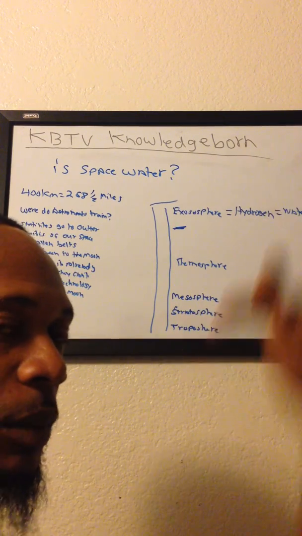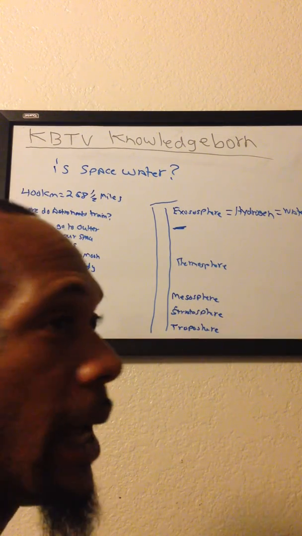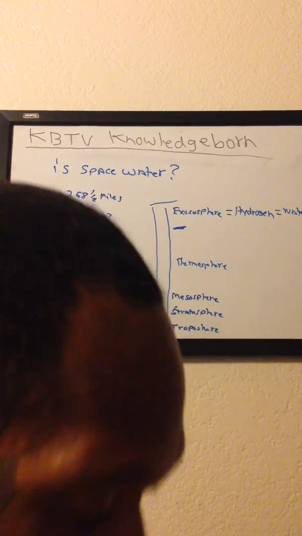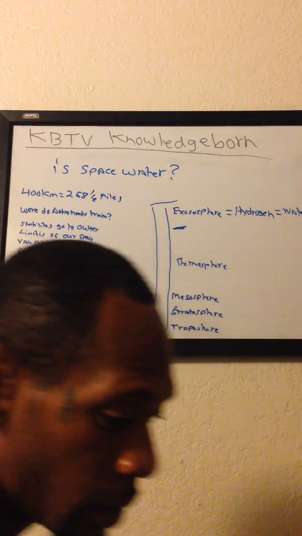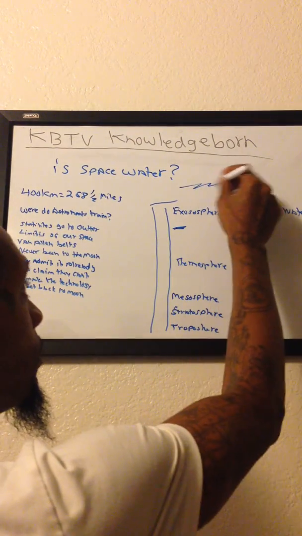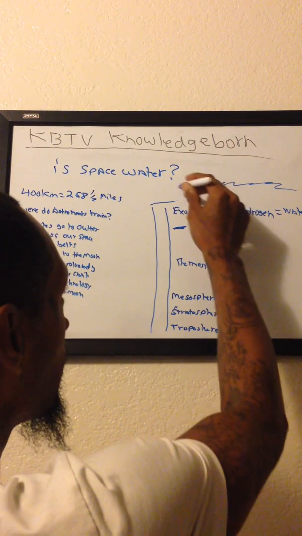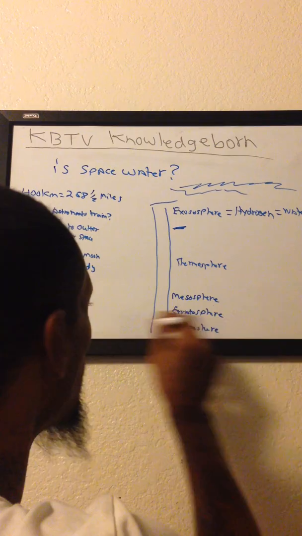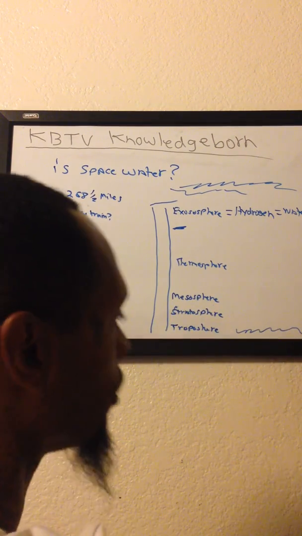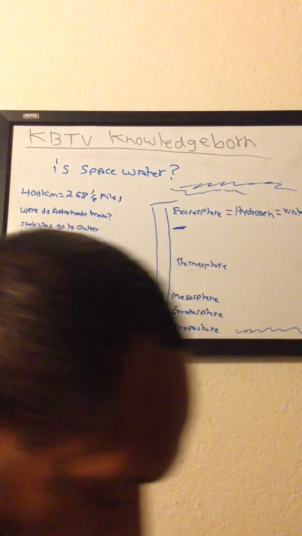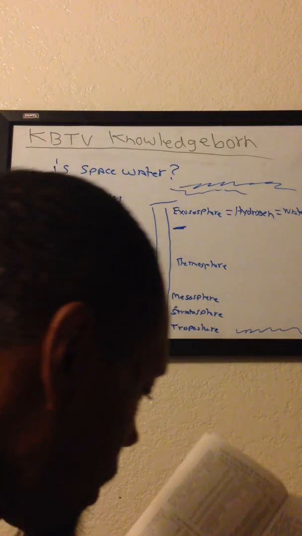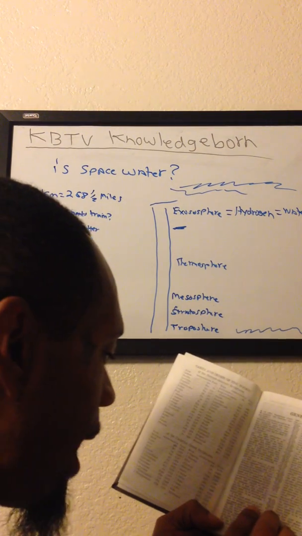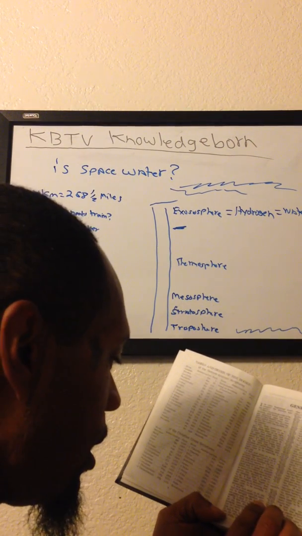So as above, so below. Like I mentioned in my other videos, as below, so above. As above, so below. So there's waters above us, which we just talked about in the exosphere and beyond. And then you got the waters down on the normal surface where we at, where we live at. And God went on to say, let the waters under the heavens be brought together into one place,